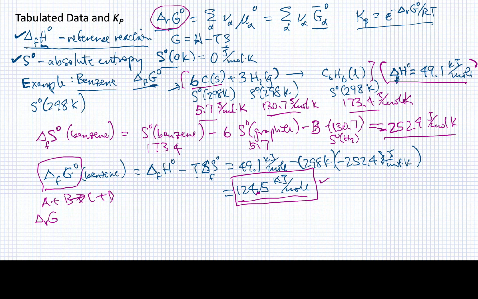So we basically use a generalization of Hess's law and use the tabulated values for these Gibbs free energies of formation. And what we will get out of that is then the value for this reference standard for the Gibbs energy change for the reaction. And this is the value that we will then put into our expression for the equilibrium